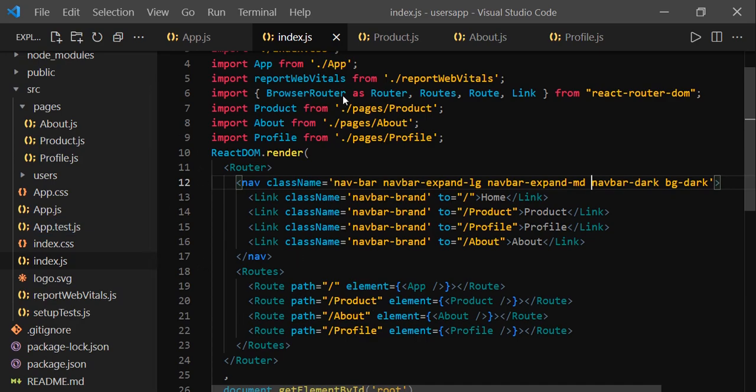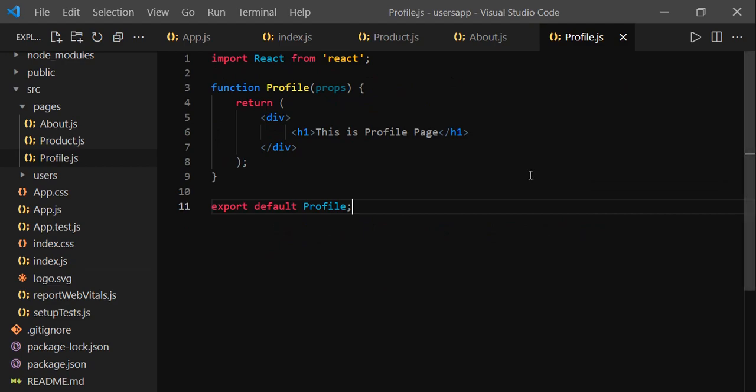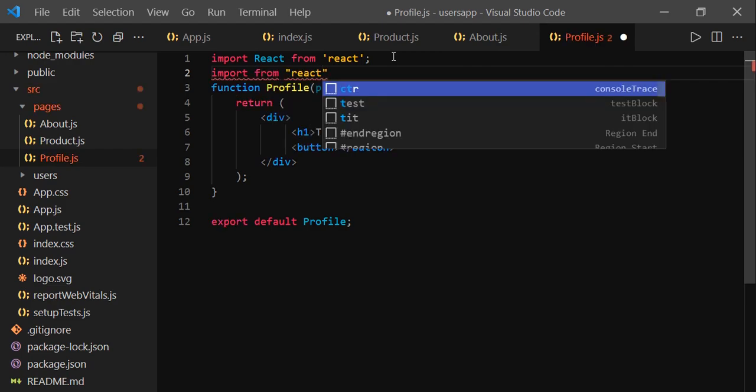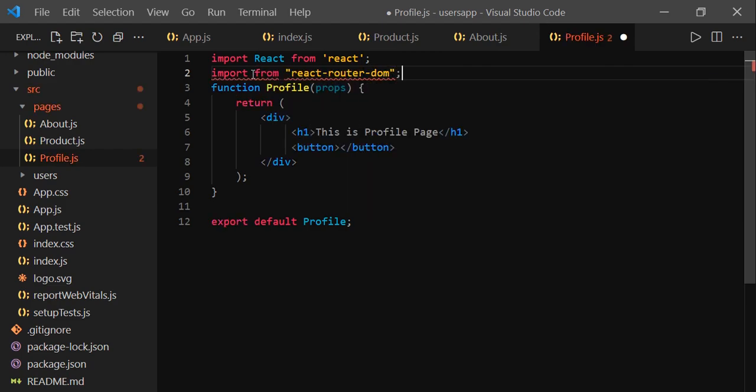Let's say from the profile page I would like to go to the about page. So how to do that? Let's have one button here. Whenever I click on the button, I would like to go to the about page. For that we need to import useNavigate from React Router DOM.